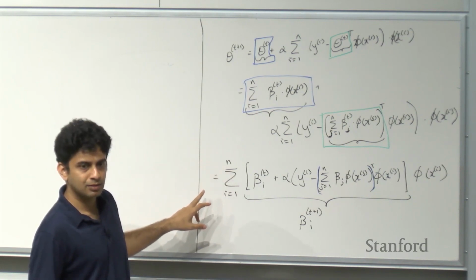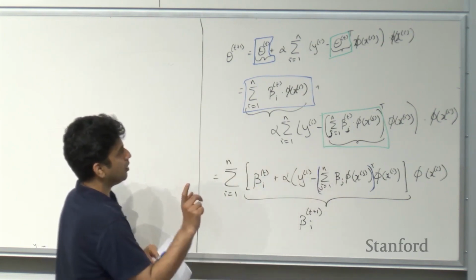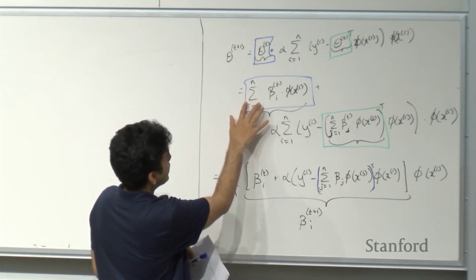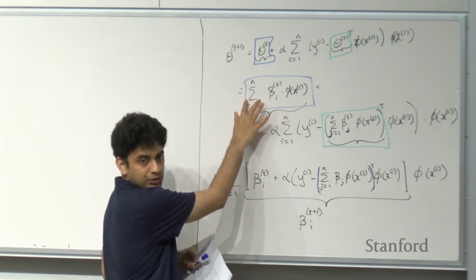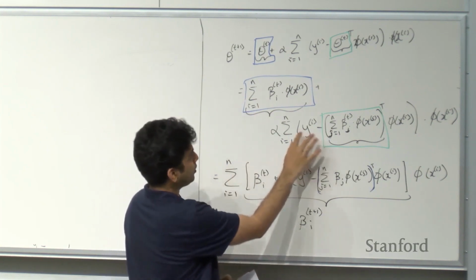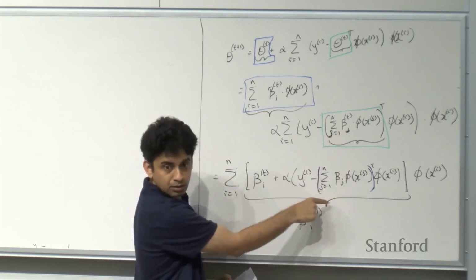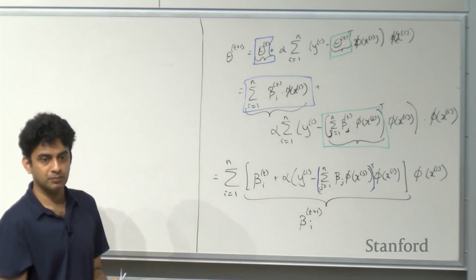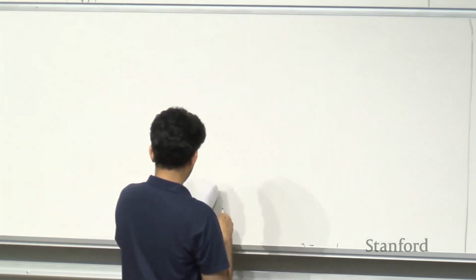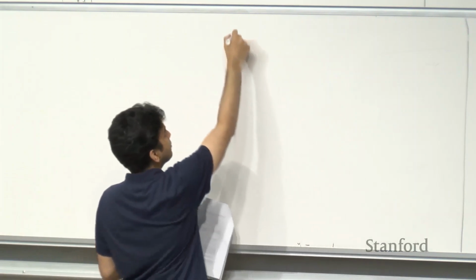I'm just wondering why it's not included within the update for beta i. So for each, there is one summation over here, and beta i appears once per summation, and over here it appears once per summation. And over here there are two nested summations: here's the outer summation, and here's the inner summation for this beta. Right. So now we can write the same thing like this: